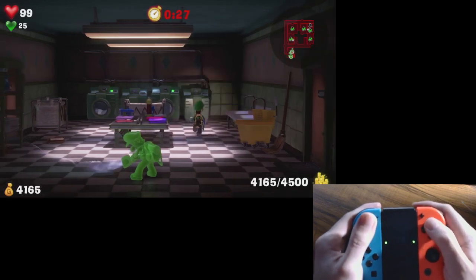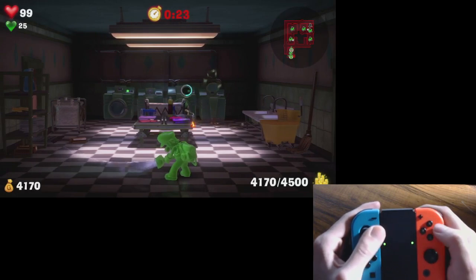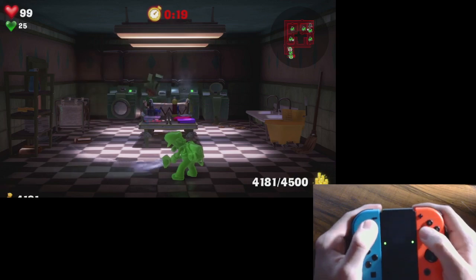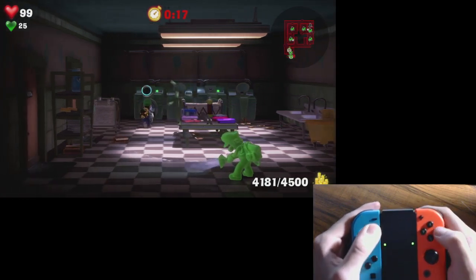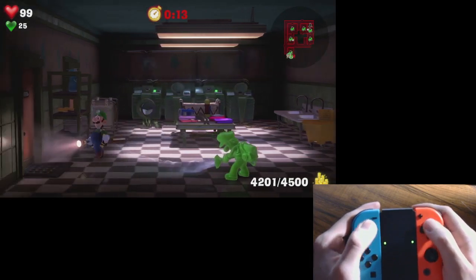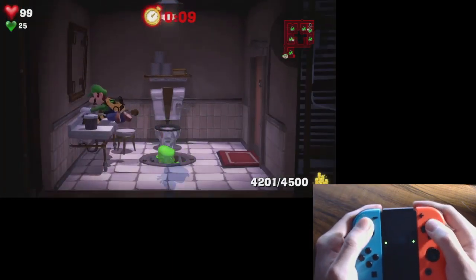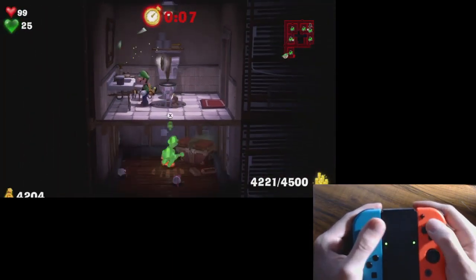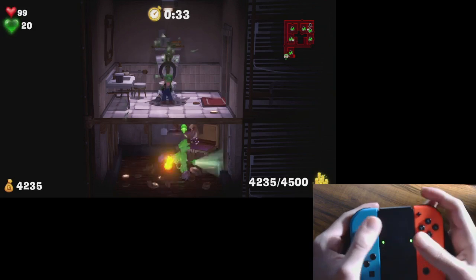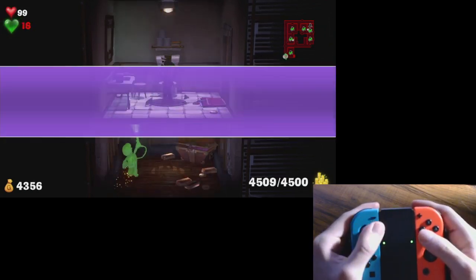So here, well, I'll just do this. So if you end up running out of time, search through these objects. If not, go over here. Spawn Luigi. There's money you can collect here, which, I mean, it is enough, actually, so...